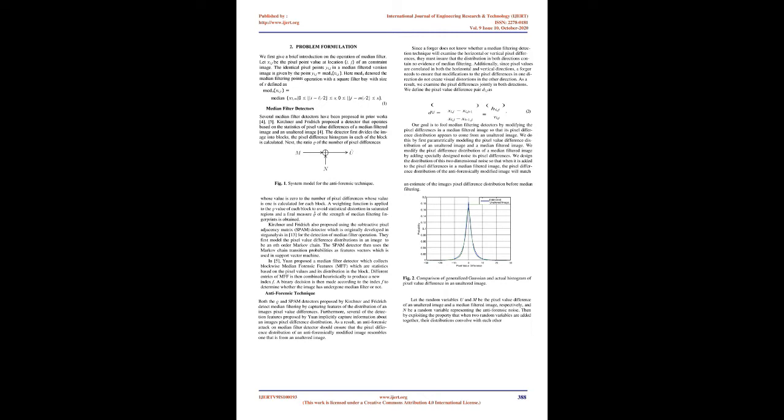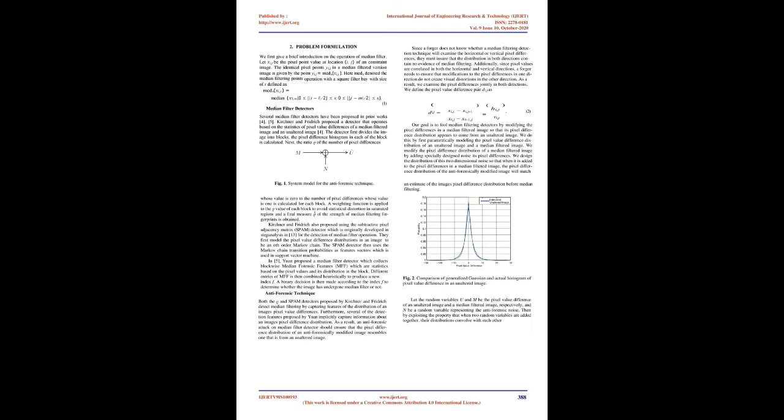2. Problem formulation. We first give a brief introduction on the operation of the median filter. Let x_ij be the pixel value at location (i, j) of an unaltered image. The corresponding pixel value y_ij in a median filtered version of the image is given by y_ij = med_s(x_ij). Here med_s denotes the median filtering operation with a square filter window with size of s, defined as: